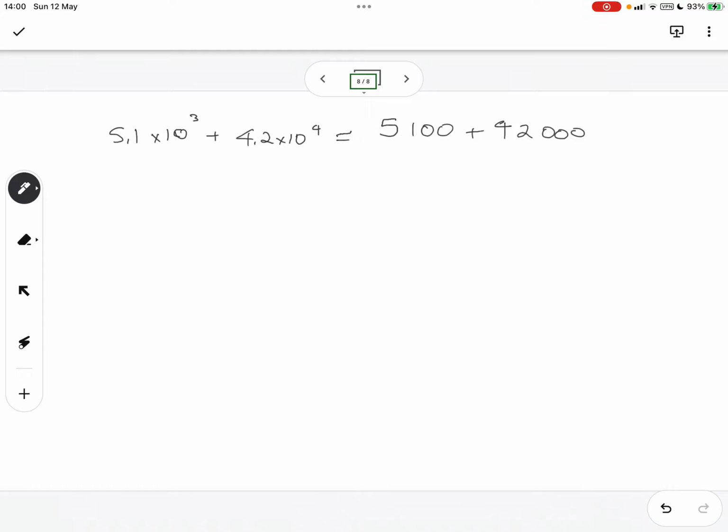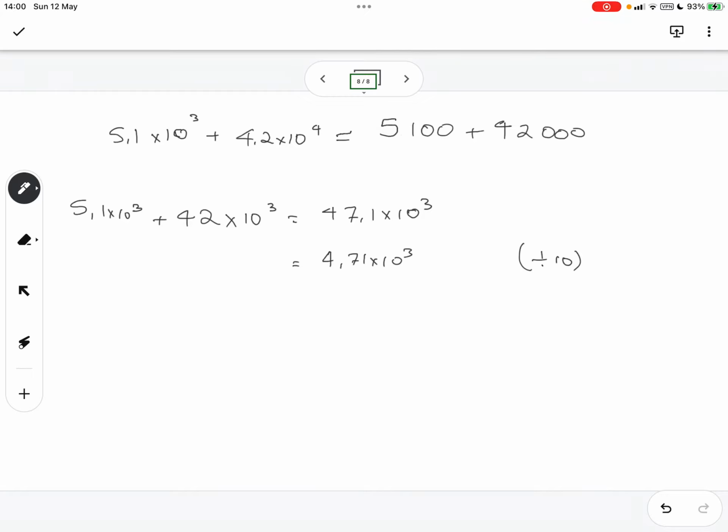we can apply the opposite and have 42 times 10 to the power 3 plus 5.1 times 10 to the power 3. And then this becomes 47.1 times 10 to the power 3. And you can also divide by 10 so that it's 4.71 times 10 to the power 3 if you divide